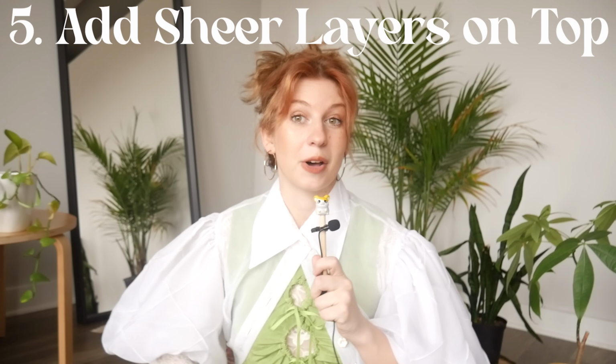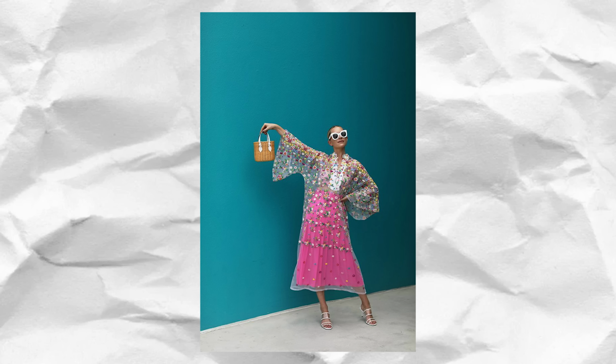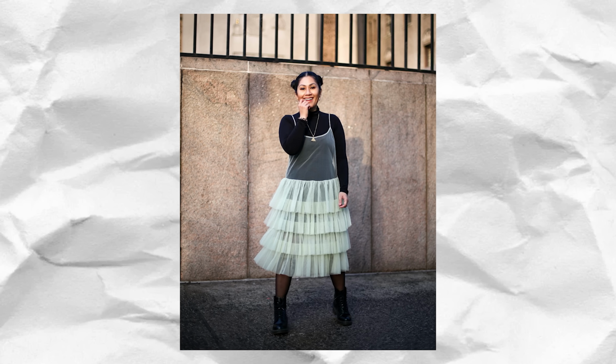Alright, next I want to talk about adding sheer layers to a look, like I've done with this one right here. I do think people tend to get really intimidated by sheer clothing because it feels like you're supposed to just wear it sheer with only undergarments underneath, and I don't think most people feel comfortable doing that. But for me, as long as it's loose and flowy enough to fit over other garments, sheer clothing is like the most versatile pieces in my wardrobe because you can wear it over